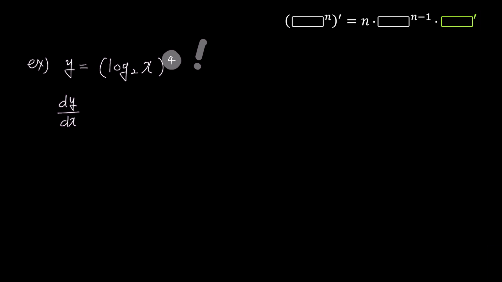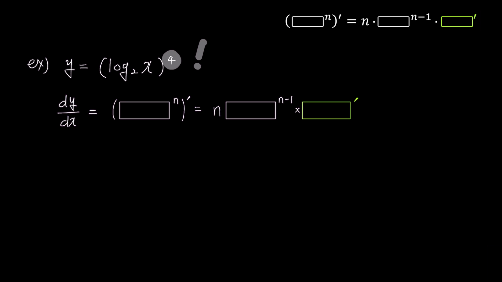In a previous video, I explained a modified power rule that allows us to differentiate quickly without using the chain rule. The formula we used looks like this, and there's a link video in the top right corner for reference if you need it. The derivative of the box to the power of n is n times box to the power of n minus 1 times box prime.